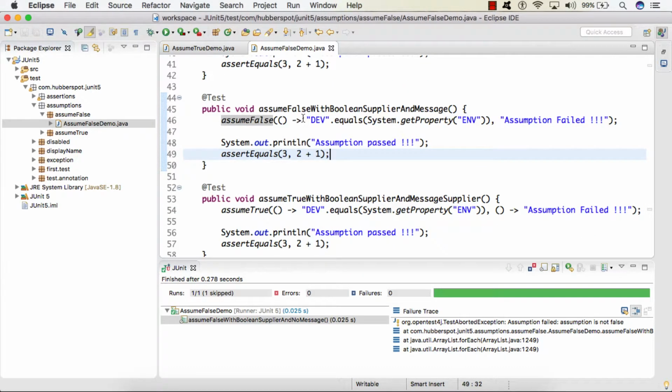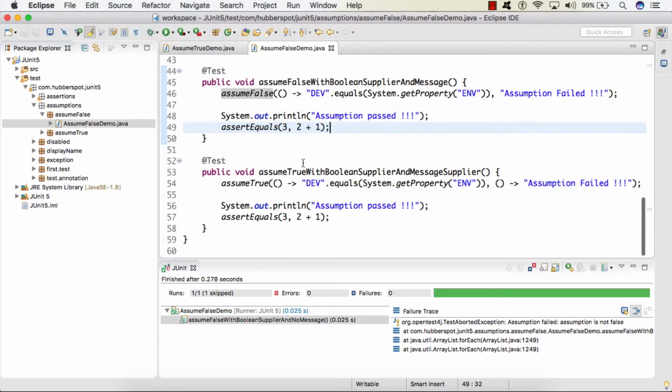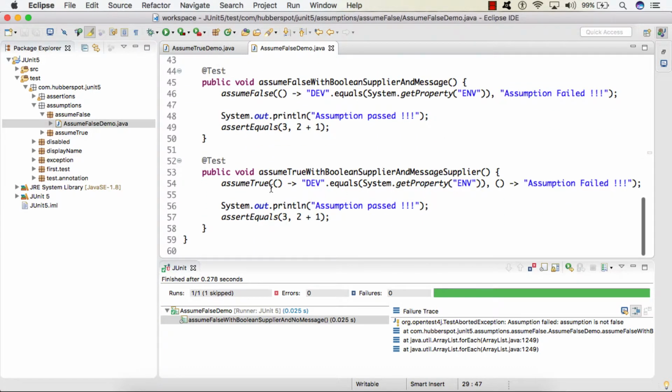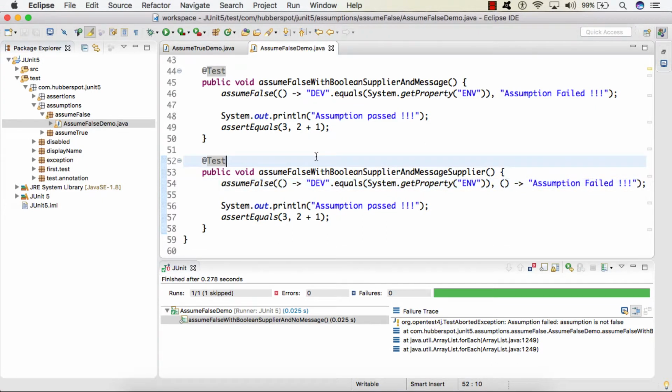And similarly, the sixth overloaded method is very much similar to the third, in that instead of providing a boolean condition along with a supplier functional interface, here we are providing a boolean supplier along with the supplier functional interface. So I'll simply change the name. So friends, the output of these two methods is exactly the same as what we saw earlier.